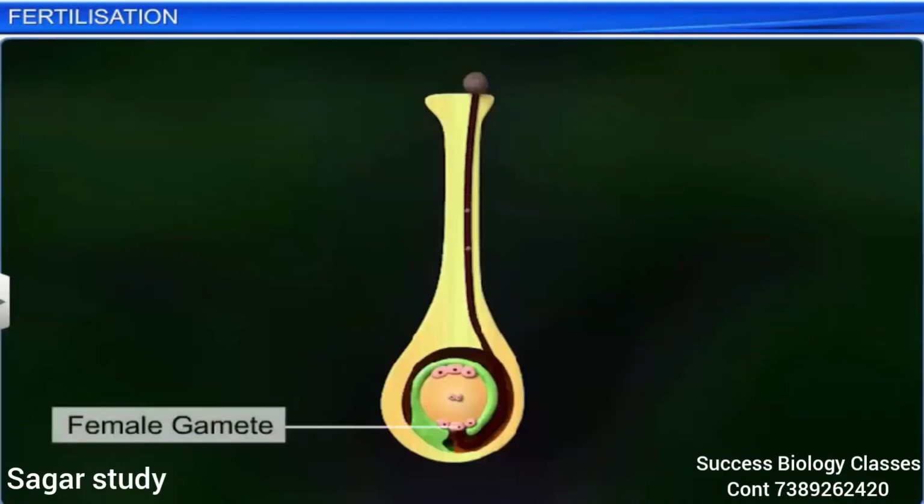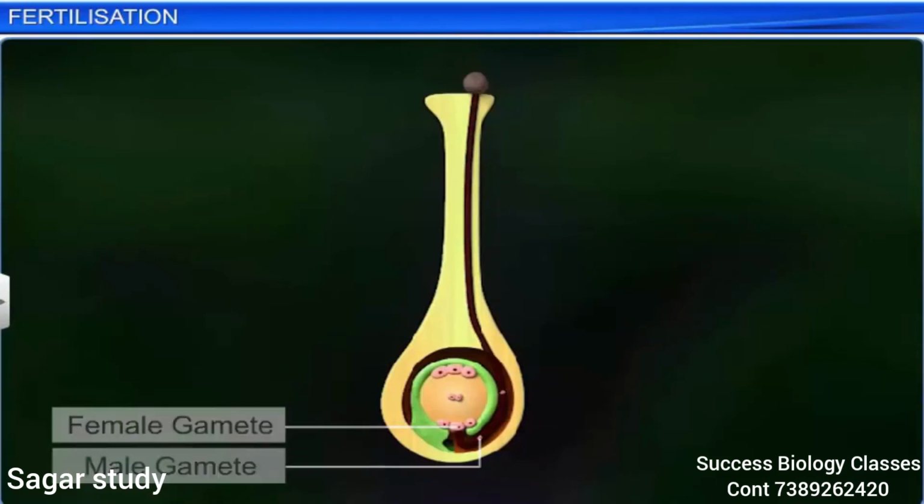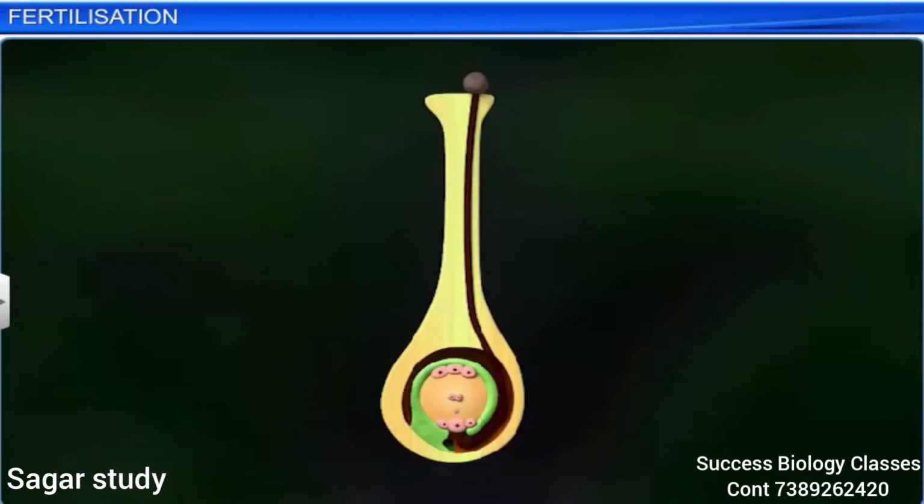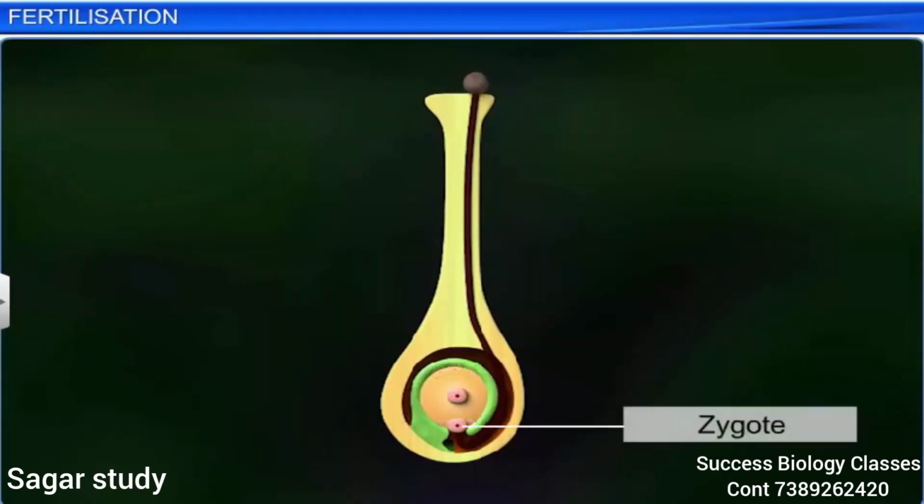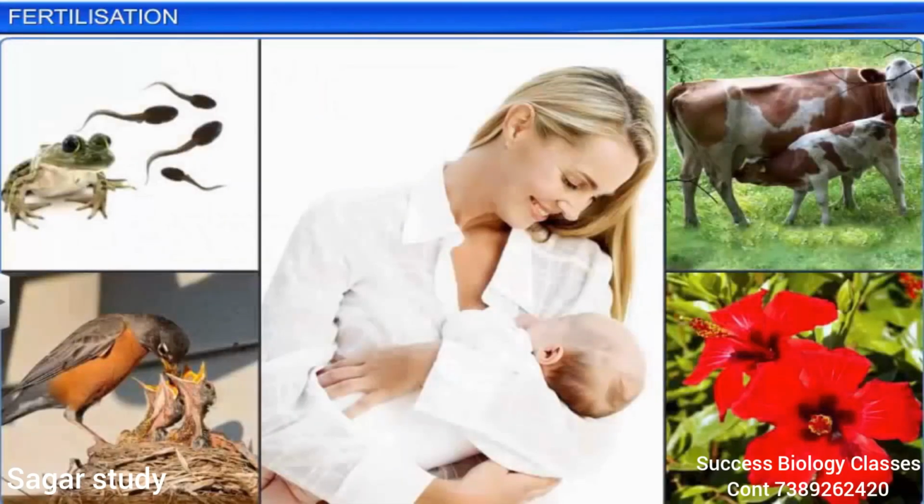This tube then travels downwards towards the ovule, where it discharges the male gamete. These male gametes unite with the female gamete to form a zygote, thus completing the fertilization process. Fertilization, thus, is an important process that ultimately results in the